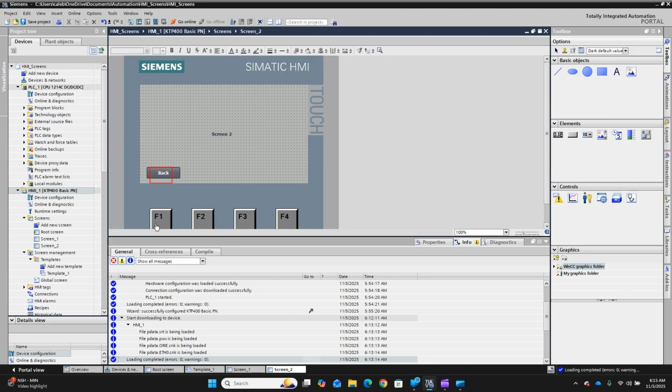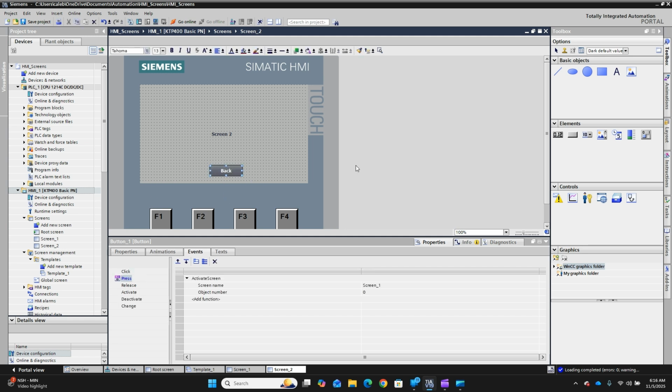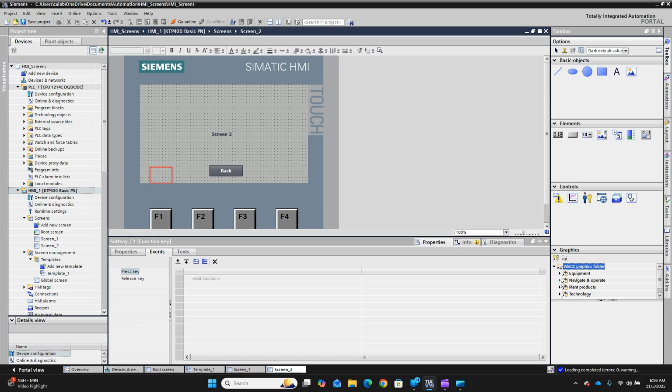So if I click F1 here, I have the same properties and events as if I would add a normal button. It puts this red rectangle here, and that's mainly to align you with where to put a graphic. Nothing actually has to go right there. But if you don't have something on the bottom of your screen, like if I would move this back button, if I didn't have something right here, you wouldn't necessarily know unless you were the programmer that F1 was the back key. So that's a lot of times where people will come down and add graphics down here